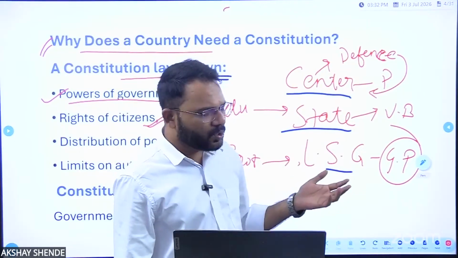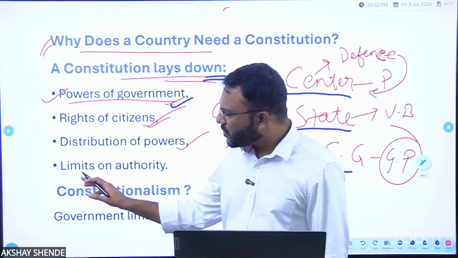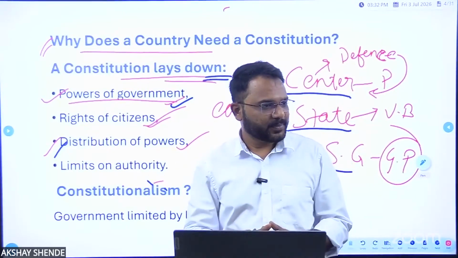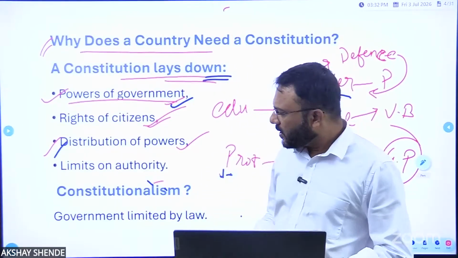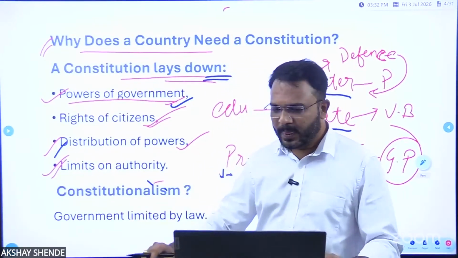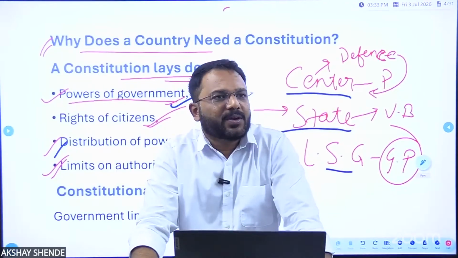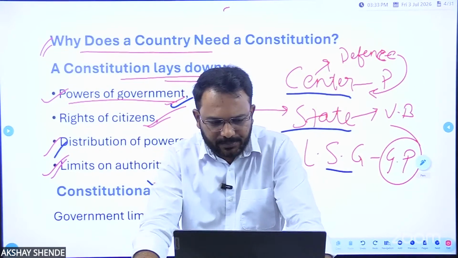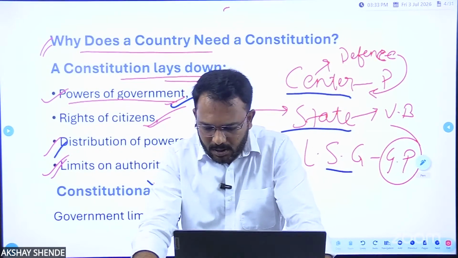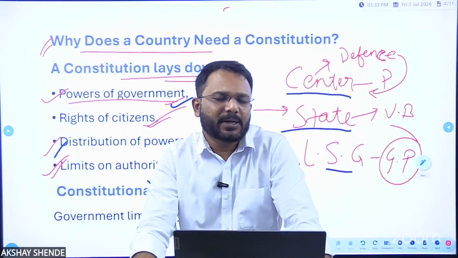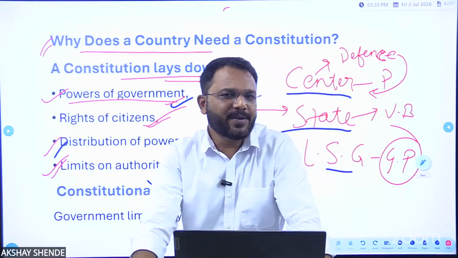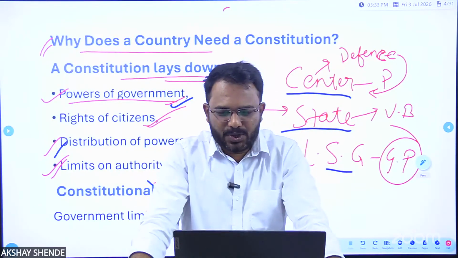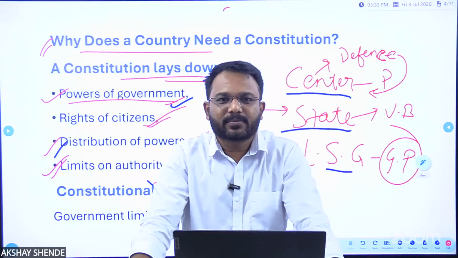Okay. So this means that the constitution also distributes the powers among the organs of the government. Yes. Now it limits the authority. Like for example, we have democracy, we have government, we have parliament. Yes. So can the government, by making a law, take your life? Can the government take your life by making a law? Answer.